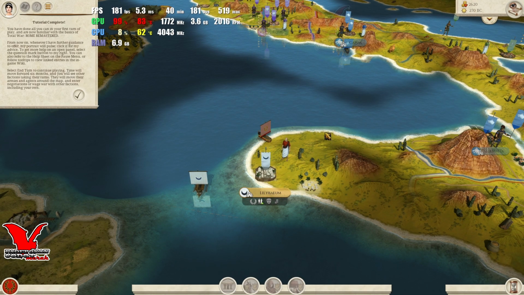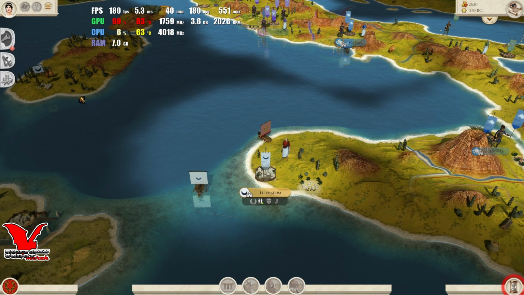You have done all you can in your first turn of play, and are now familiar with the basics of Total War, Rome Remastered. From now on, whenever I have further guidance to offer, my portrait will pulse. Click it for my advice. To get more help on an open panel,